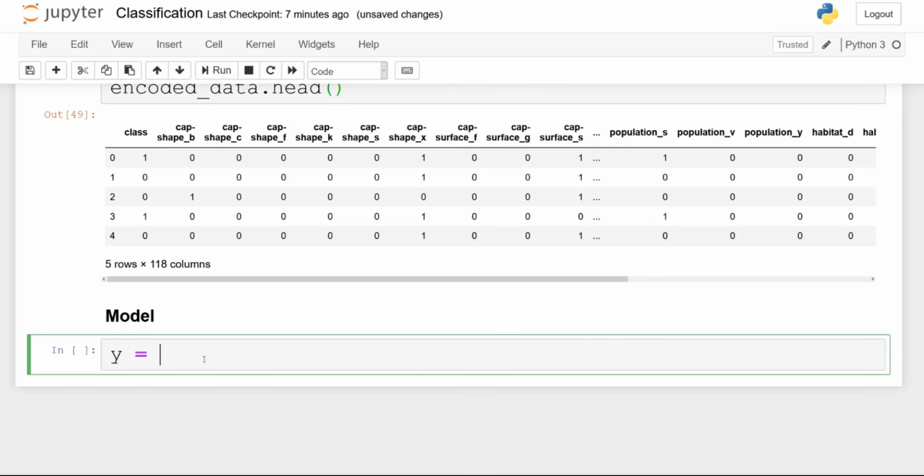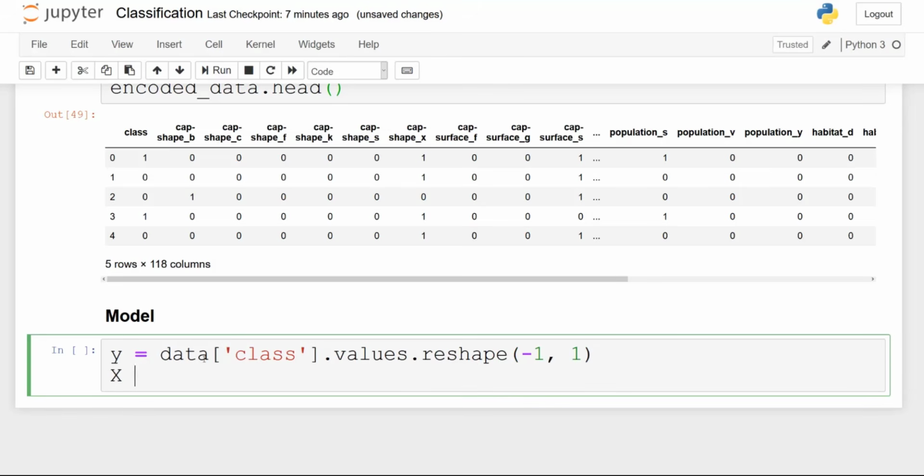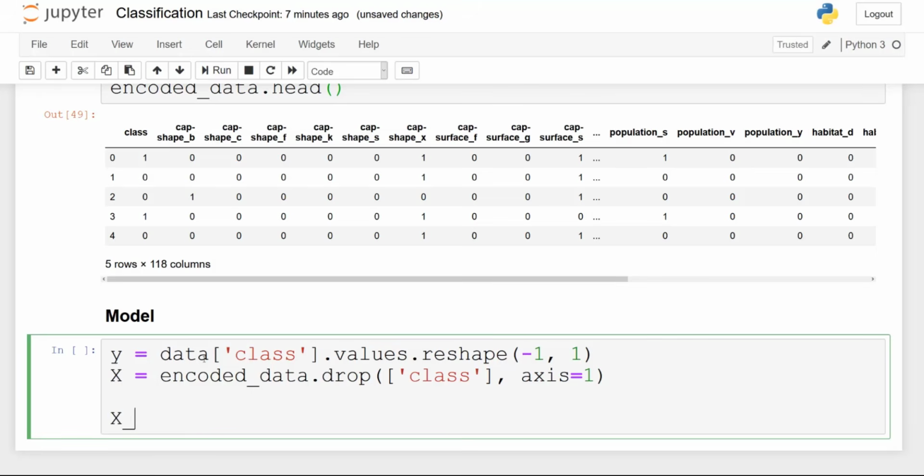First, I'm going to determine what the target variable is. So in this case, it is the class, .values.reshape(-1, 1), perfect. And then the features are going to be the encoded data.head, drop the class column, axis equals 1 to make sure that we drop the column. And then we're going to define a train and test set.